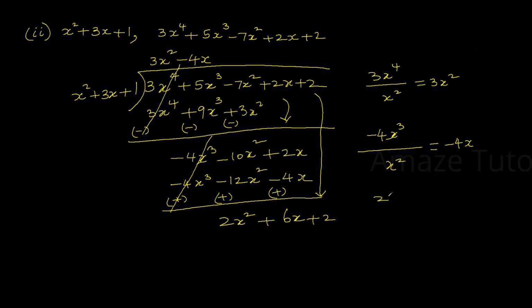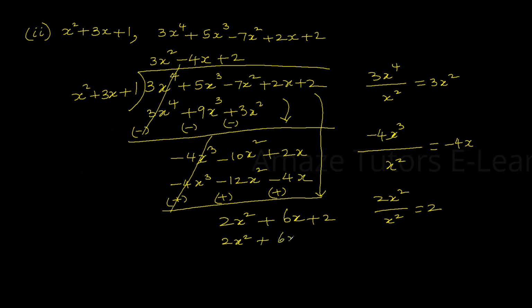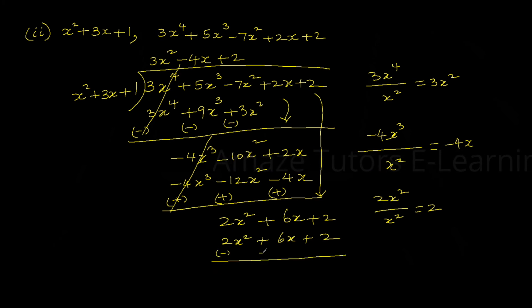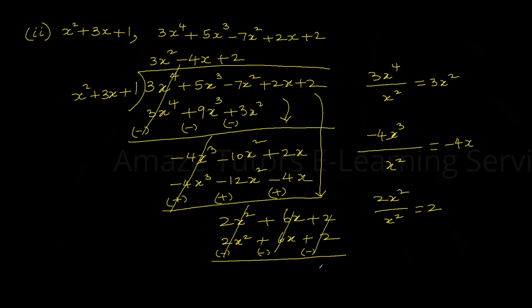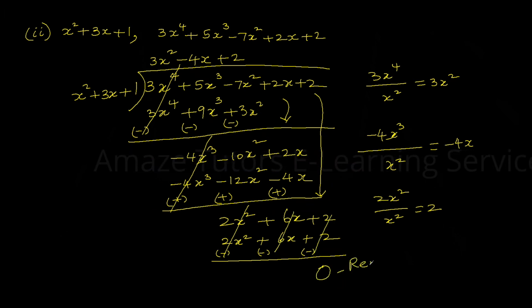Now repeat the same process. 2x squared divided by x squared is simply 2. That comes here. Again multiply 2 by x squared plus 3x plus 1 and write it under the new dividend. 2 times x squared is 2x squared plus 2 times 3x is 6x plus 2 ones are 2. Now as it is subtraction, change the signs. As you can see, both of them with same terms, 2x squared, 6x, 2, and with different signs. Obviously, all the three terms getting cancelled, we left with only 0, that is the remainder.